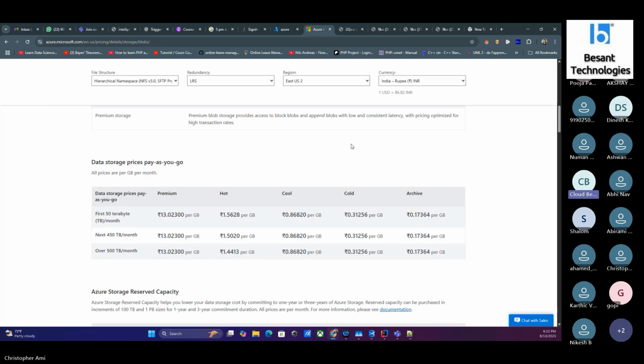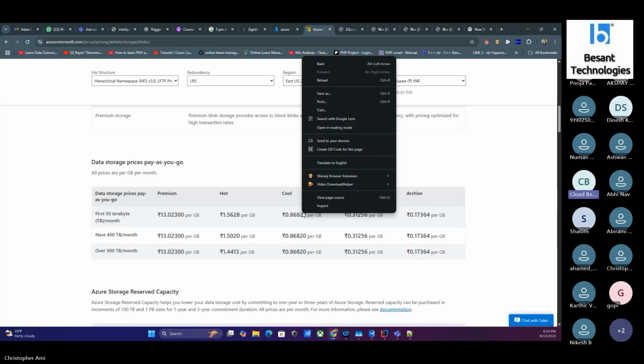Now let's take an example where you push 5 GB of data into the storage account. If you keep the access tier as hot, you are charged 1.5 rupees per GB per month. Just think how cheap it is. It's a very minimal cost that you pay. And if you keep the access tier as cool, the cost per GB is much lower, that is 0.8. And again, for the same 1 GB of data, if you keep it inside the access tier of